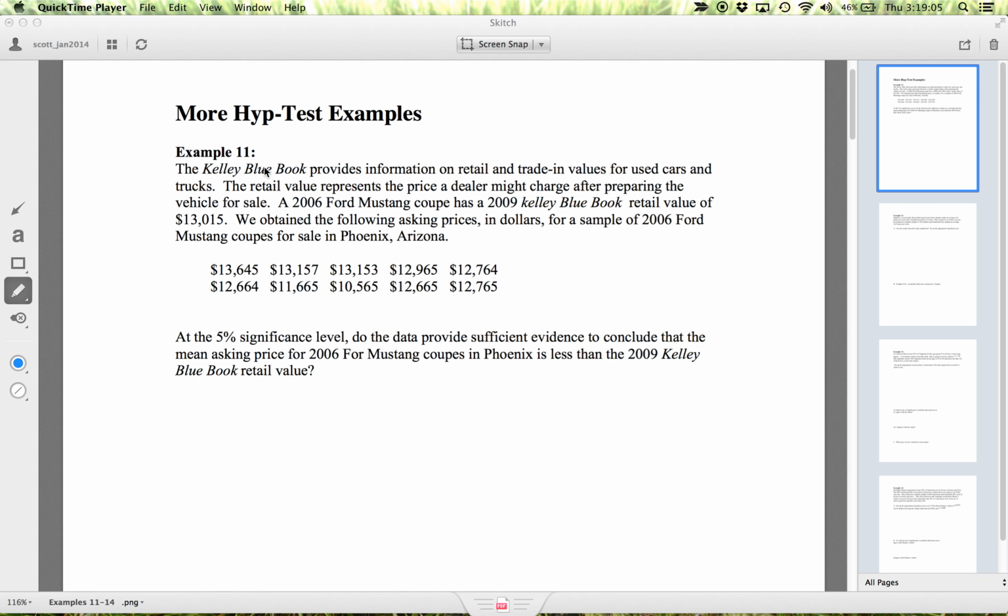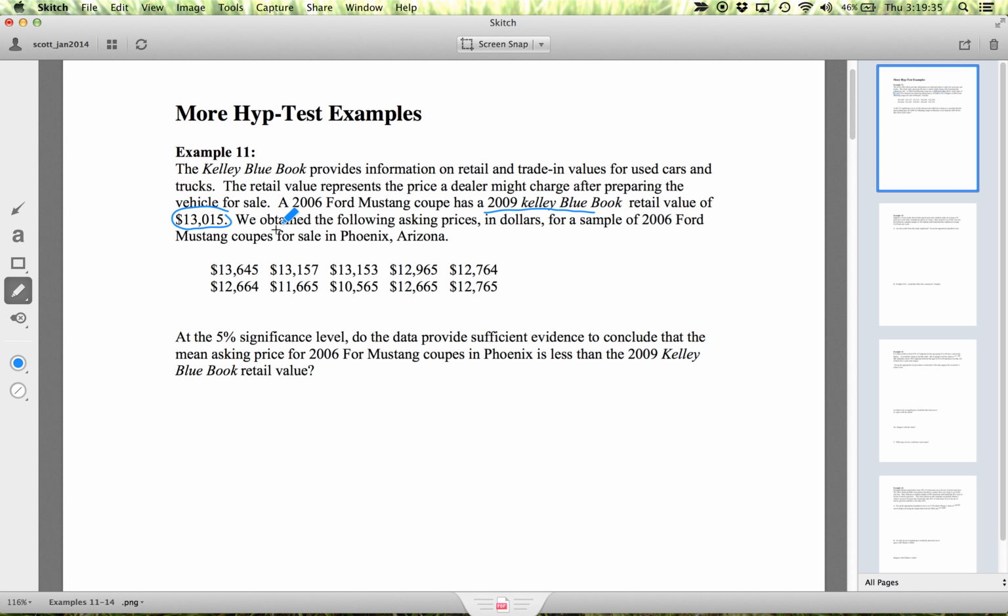Example 11 talks about the Blue Book. A Blue Book tells you approximate prices for used vehicles. So if we have a Blue Book that was from 2009, and we were looking at the value of what a 2006 Ford Mustang Coupe should be, the Blue Book tells you that the value for that kind of a car should be